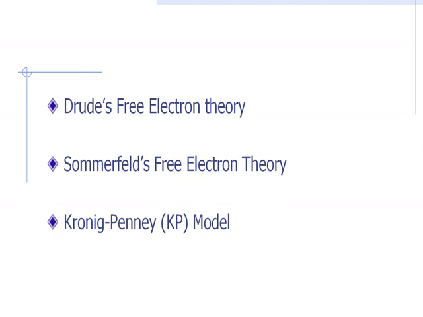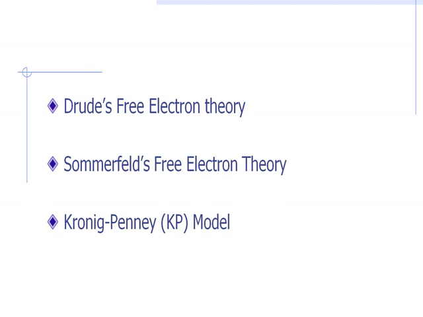Both of these theories had certain drawbacks. To name a few: overestimation of electronic specific heat, and it could not explain the positive coefficient of the Hall effect. Also, importantly, it cannot differentiate between metals, semiconductors, and insulators. So, to overcome these drawbacks, a new theory was proposed by Kronig and Penney,